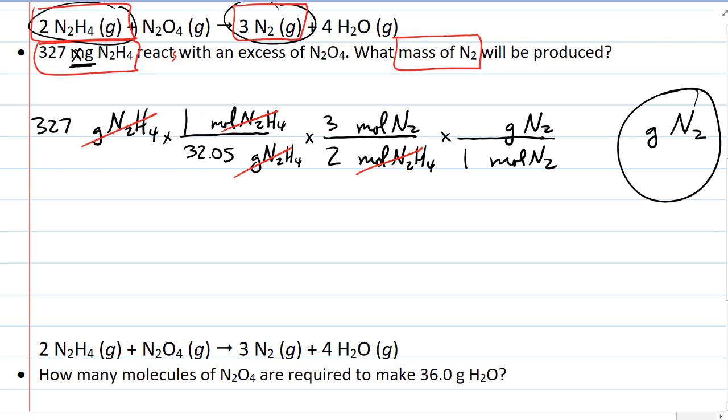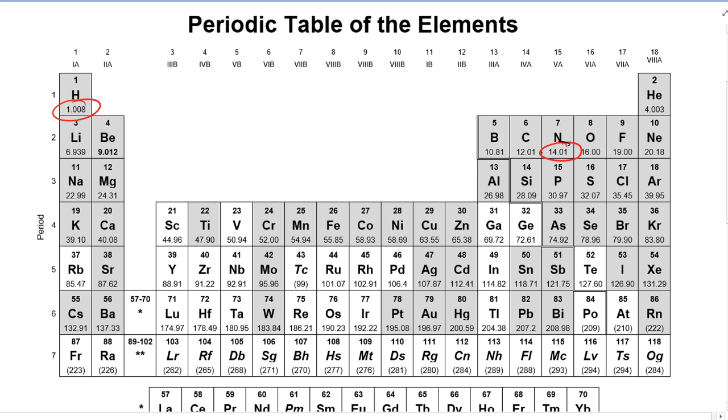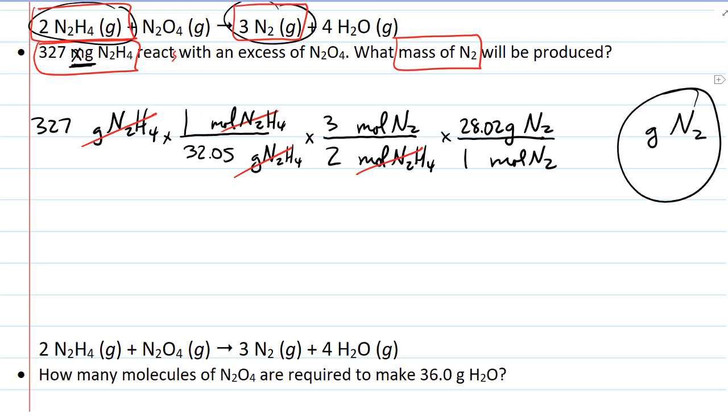Now we should be able to do this one in our heads. The molar mass of N2 is going to be 28.02. That's because we have 2 nitrogens, each at 14.01. So now, if we were to cancel out these units, we would wind up with an answer in units of grams. Now, remember though, that in this problem, we weren't given the grams, we were given this measurement in units